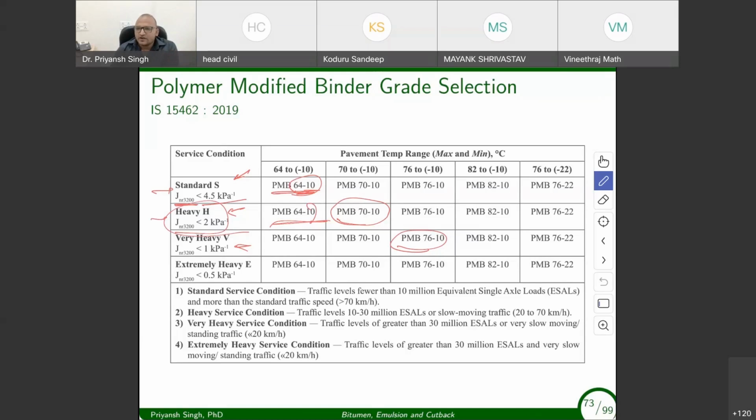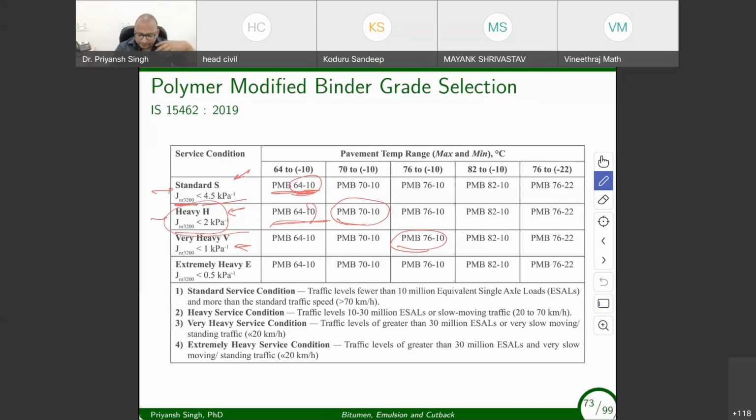And the tests were also similar for CRMB and PMB binders. But now the tests suggested for polymer modified binder are different, and the tests suggested for the crumb rubber modified binder or the rubber modified binder are more or less similar to what we have seen in the case of viscosity grading. Only 2-3 more tests are being suggested, related to stability and elastic recovery. The rest of the tests are similar to viscosity grading.